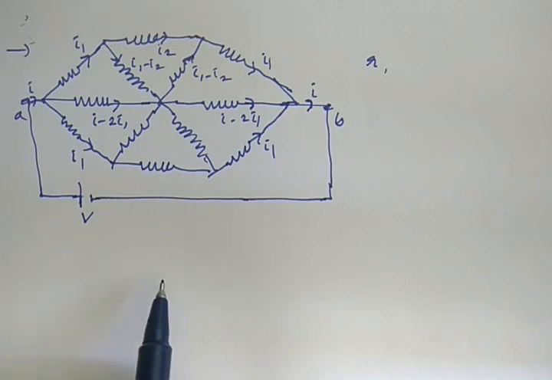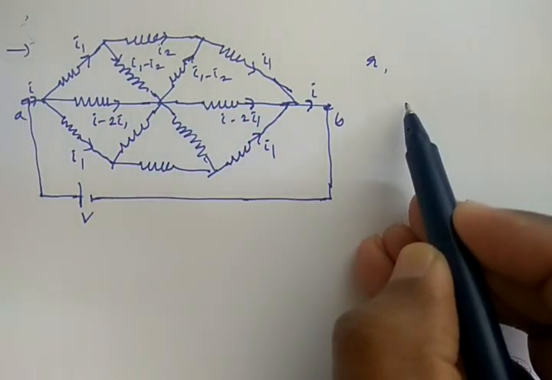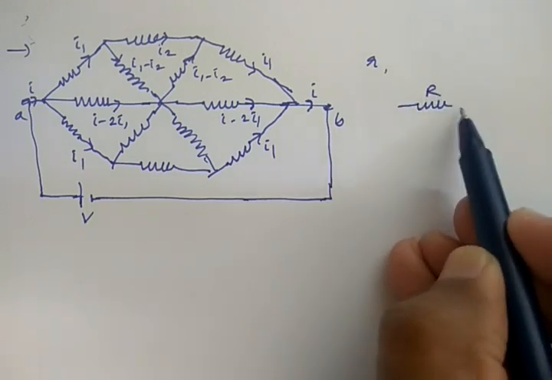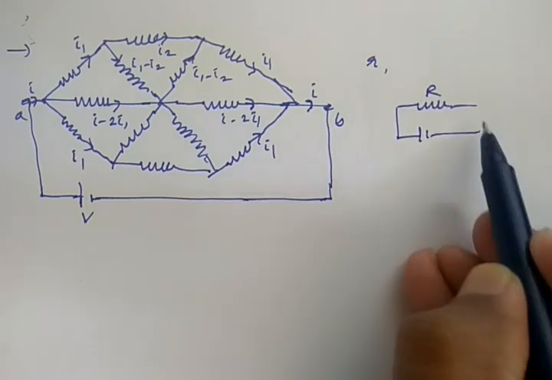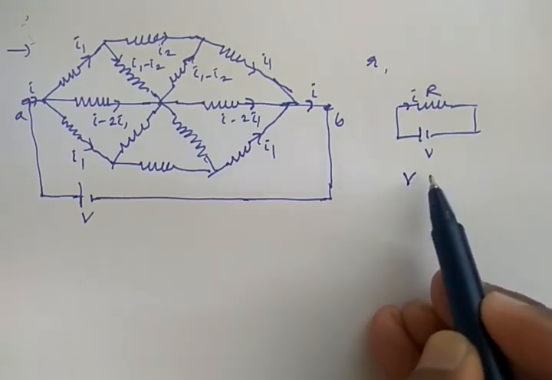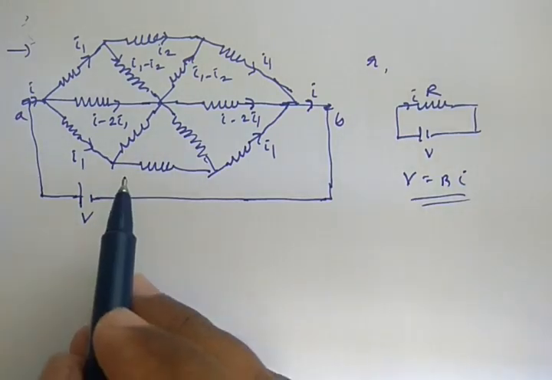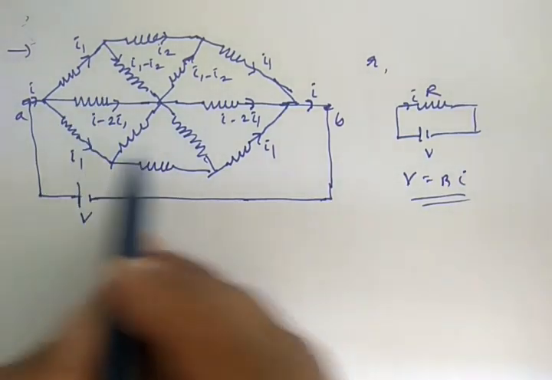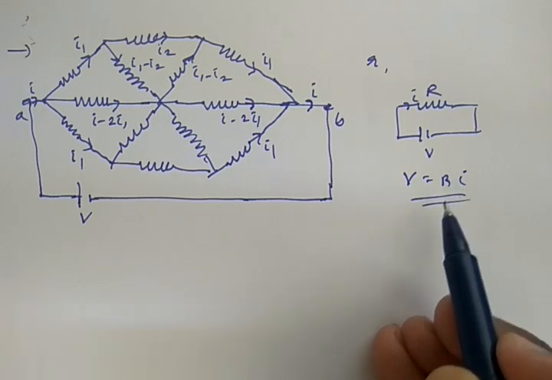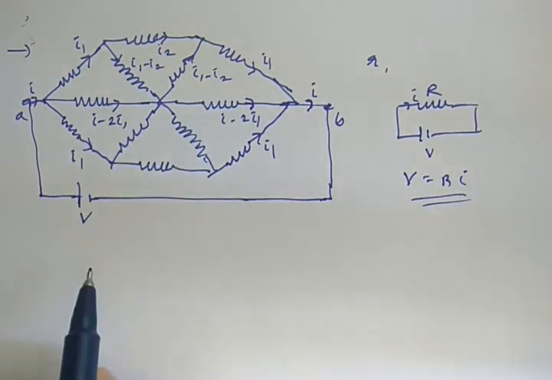So now, for example, if you replace the whole thing by a single resistor of resistance R, when you connect a battery here of EMF V, then I may be the current going through that. For that you can write down V equals R I. So similarly I will write down here also V equals something times that I, so that something will become your equivalent resistance of the circuit. So let us try that.